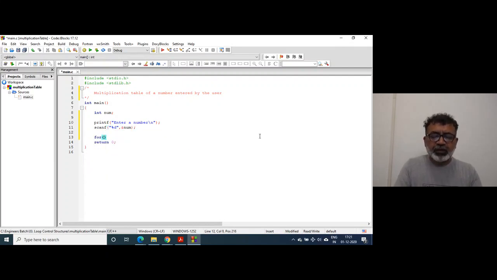For I equals 1, I less than or equal to 10, I plus plus. I'll write printf %d. Suppose %3d I will give.